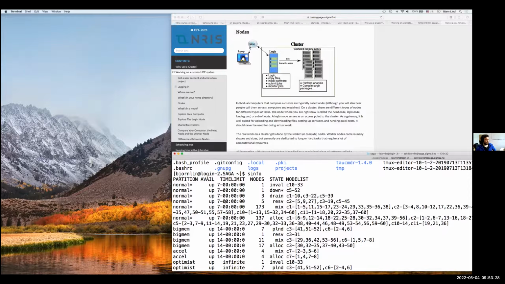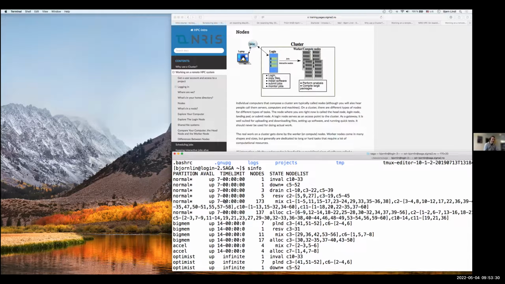But with the command sinfo, you can see the state of several compute nodes. Here, that one is down, so it's inaccessible, and these three nodes are drained. That means that they are on their way to being stopped.